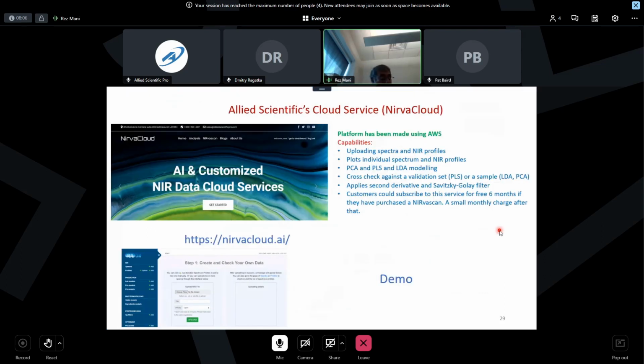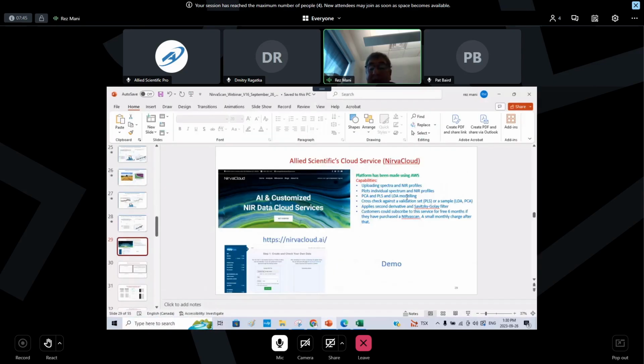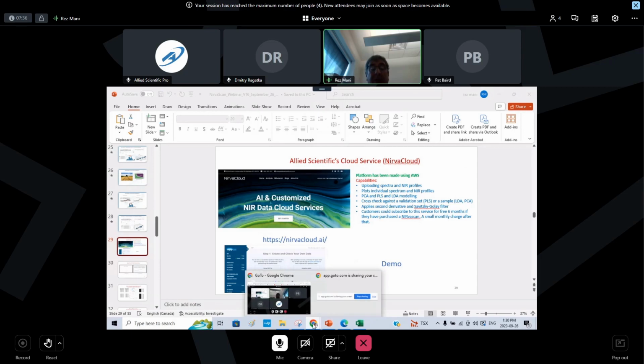All right, so I'm going to spend probably about 10 minutes talking about the cloud service. So quickly doing a demonstration of the cloud service and what is important. So our cloud service is capable of, you could upload your spectra and profiles, and you can do pre-processing, and then you could do a modeling and much more. So let me start the